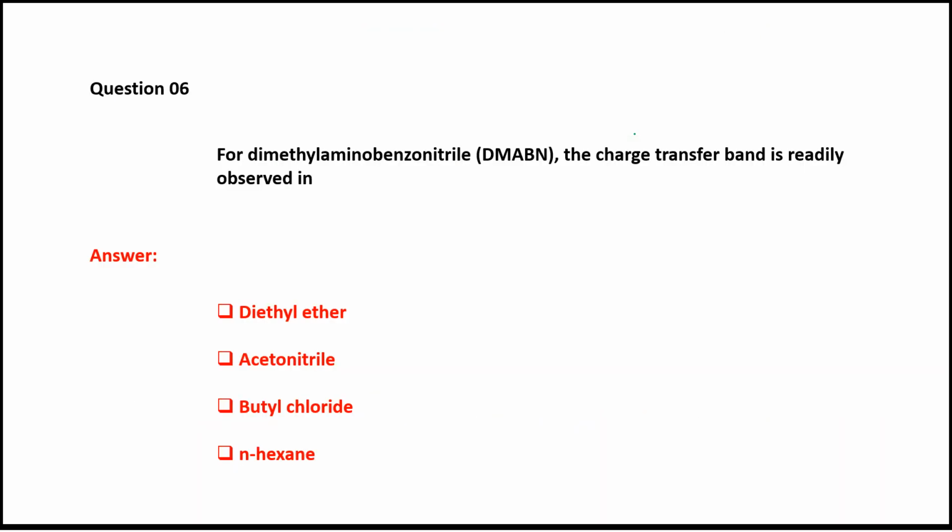Okay, we'll go to the next question, that is question number 6. For dimethylaminobenzonitrile, DMABN, the charge transfer band is readily observed in: first is diethyl ether, I can draw the structure of this, C2H5. This is option A. The second is acetonitrile, that is CH3CN. Option C is butyl chloride, that is C4H9Cl. The D one is n-hexane, that is